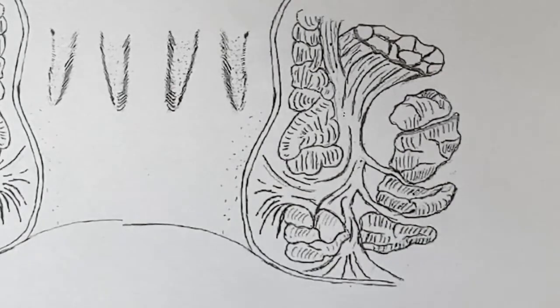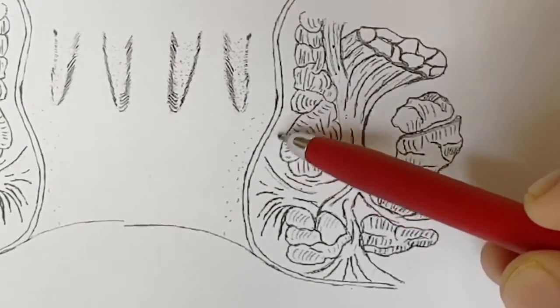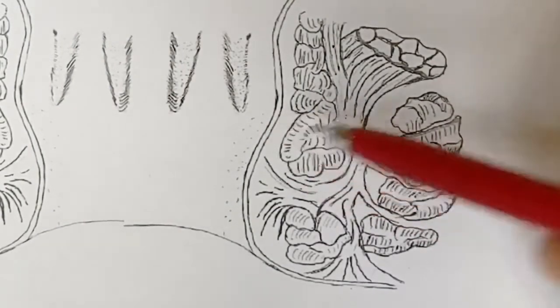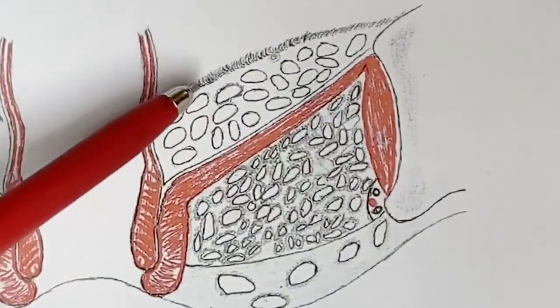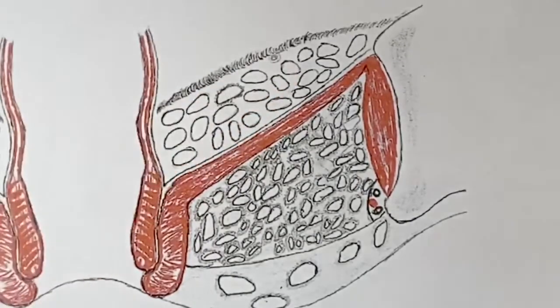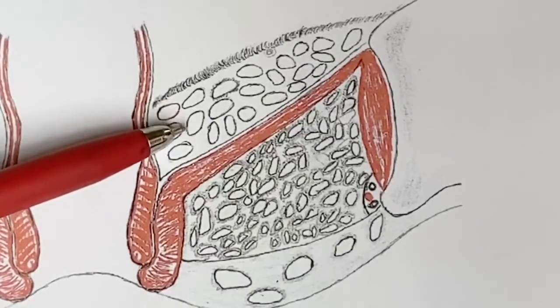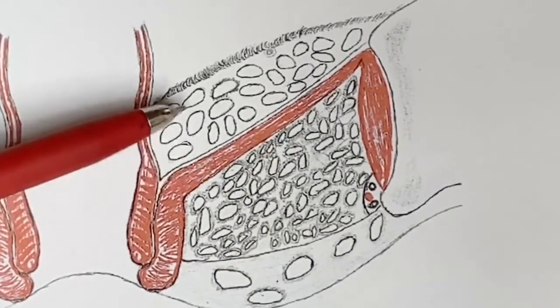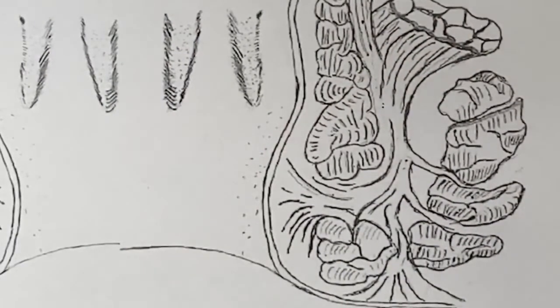And the other spaces in and around the anal canal are the submucosal space. Mucosa, this is the submucosal space. So this is also a site for infection. Pelvirectal space: this is the peritoneum and this is the levator, and this space is called the pelvirectal space. So any collection here, or fistula formation originating from this side or involvement of this side, is called high anal fistulas. And another one is the central space.